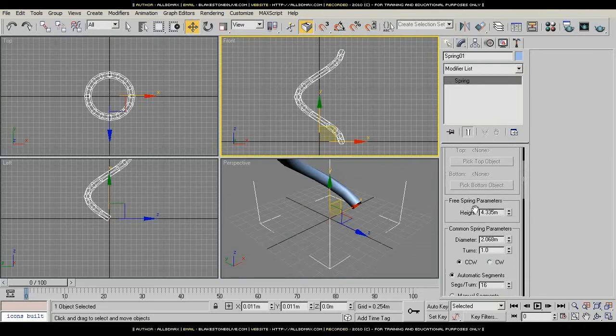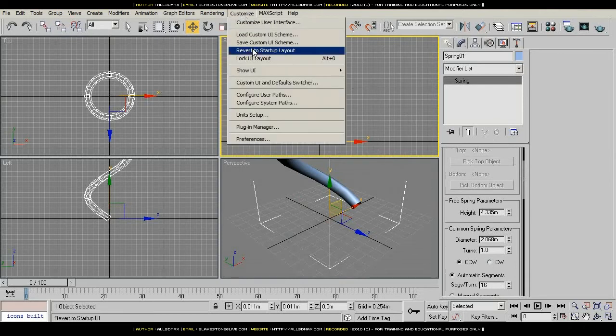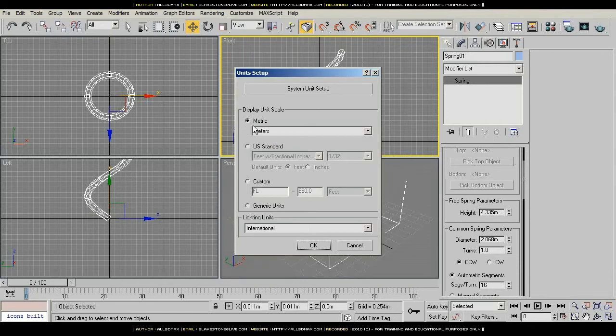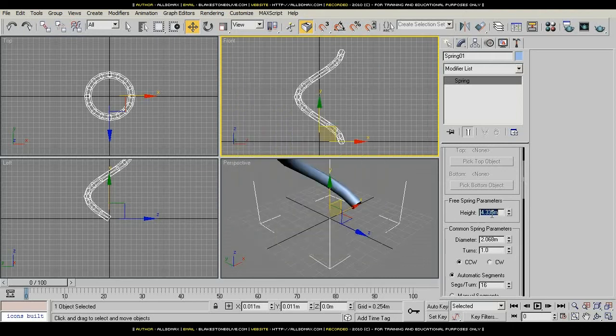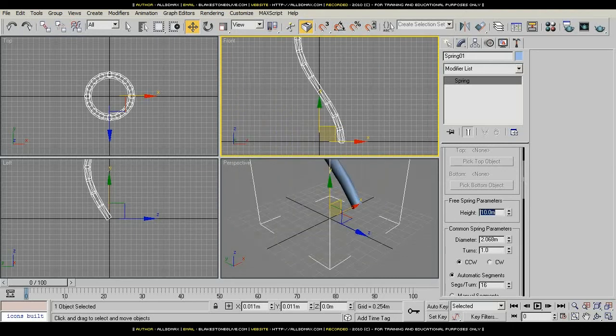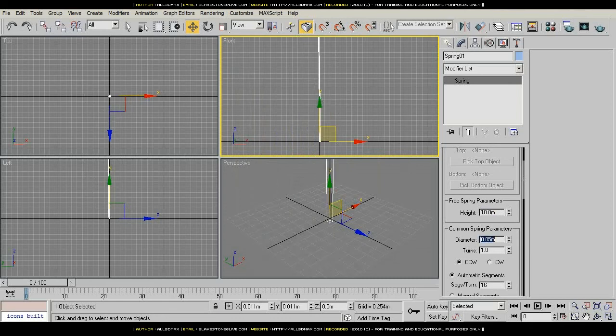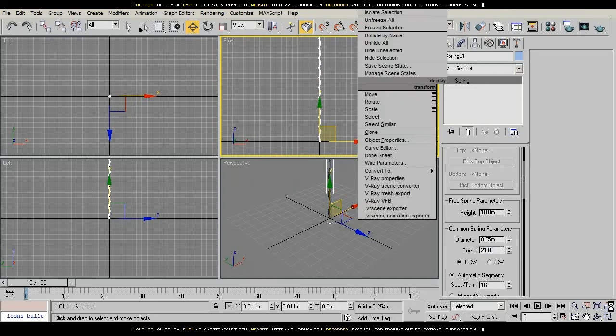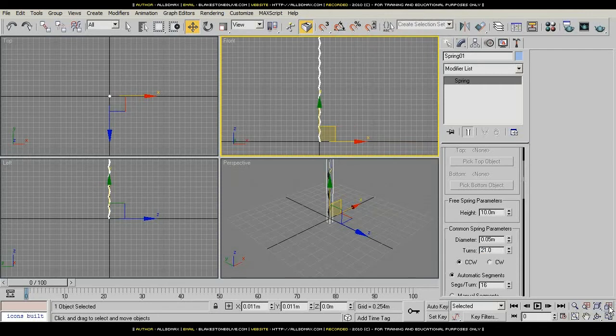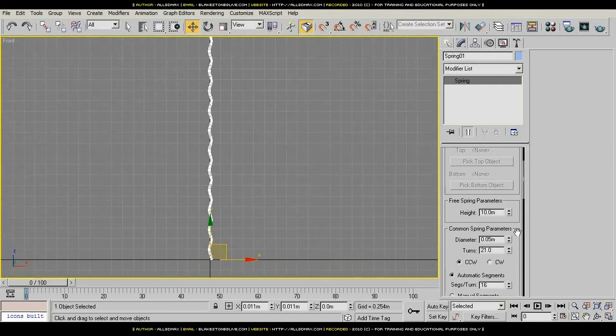Now I've got this set to meters. If you go to Customize and Unit Setup, you can switch to metric, and from the drop down list select meters. And I'm going to create this rope 10 meters in length with a diameter of 0.05 meters. Turns I'm going to set to 25. Just expand this window a bit. So, 25 turns,